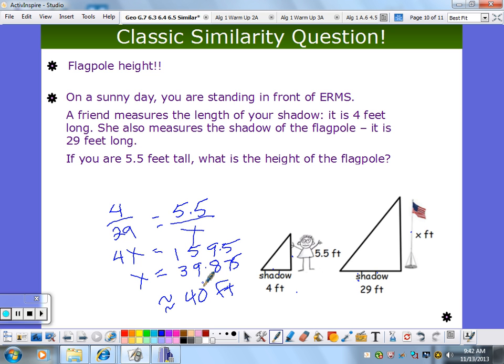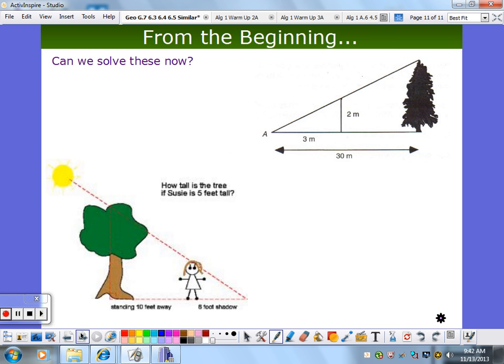Yes, I know. She's all excited over there. That's fantastic. So if you're curious how tall the flagpole is after going to school, you can go ahead and you can do this too. I do have some practice Wednesday class that I want you to do. I took the ones, you can read these, they're a little hard to read. This one you can do. Actually, try this one. See if we can find how tall that tree is. Well, I'm just going to get out a little